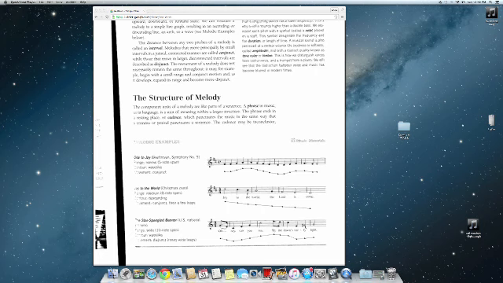Now that's the song Maria from West Side Story. And some would call this disjunct because of the first three notes. But others might call it conjunct because of the notes after it. Okay, so it is somewhat subjective when you decide whether or not a melody, in general terms, as a description, is conjunct or disjunct. Hopefully this